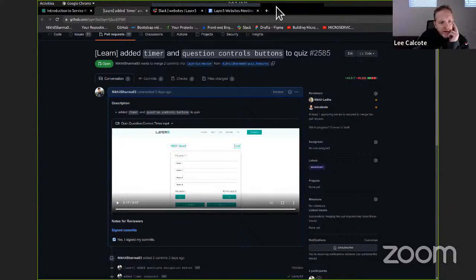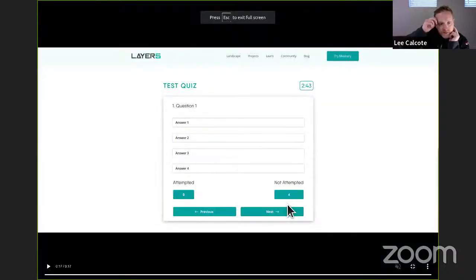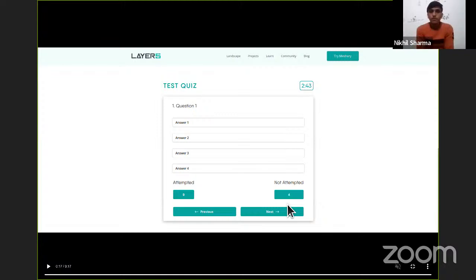Nikhil, outside of any structure you've got behind here in terms of the questions and answers, how are those being fed to the UI? Is it JSON? For now, these are some dummy JSON, but I'm still researching how we can implement the backend, so we have clear instructions on what the JSON or data should be and what the fields should be.